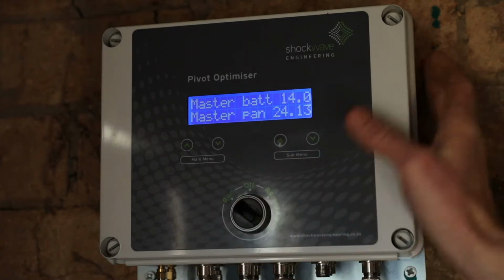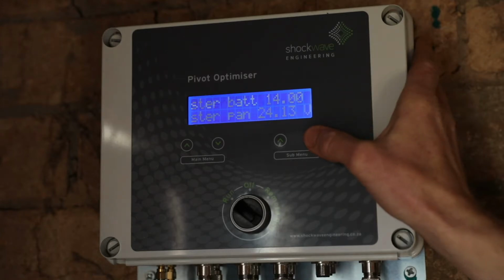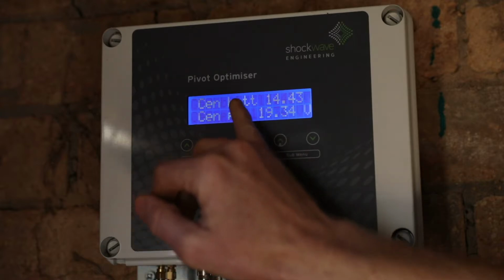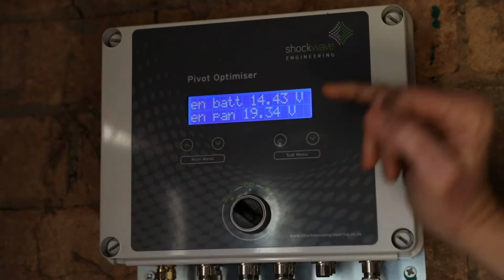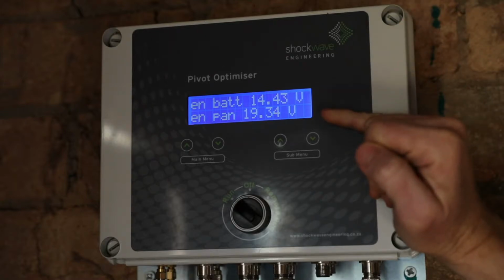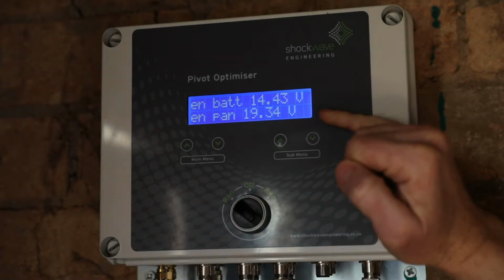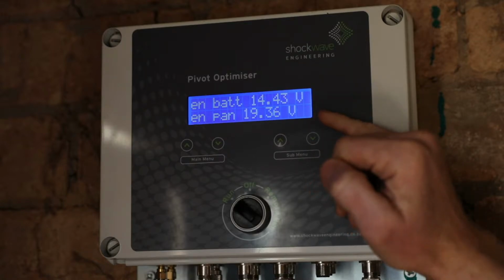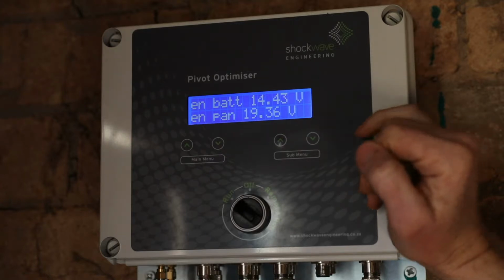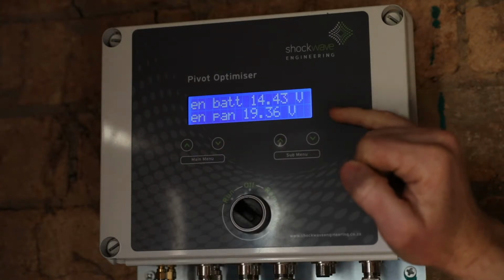Firstly, we've got the master, which we're not interested in right now. Then we can go to pivot A, center, battery and panel voltage. Here we can see that we've got 14 volts on the battery, 19 volts on the panel. If it's during daytime, we need to ensure that we do have panel voltage. If you're receiving 0 panel volts and it is during the day, it means that the solar panel has not